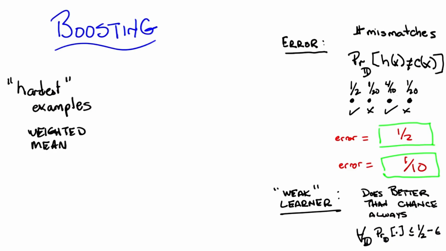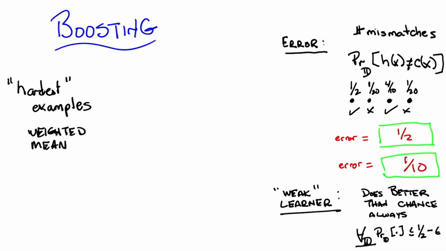So what does better than chance actually mean? Well, what it means is that no matter what the distribution over the data is, you're always going to have an error rate that's less than a half. So what that means, as a formalism, is written down here below: for all D, that is to say, no matter what the distribution is, your learning algorithm will have an expected error, that is, the probability that it will disagree with the true actual concept if you draw a single sample, that's less than or equal